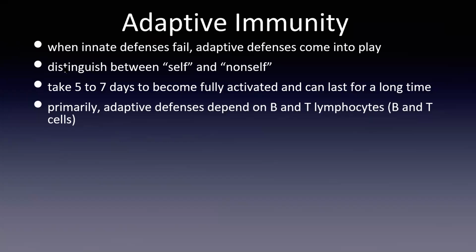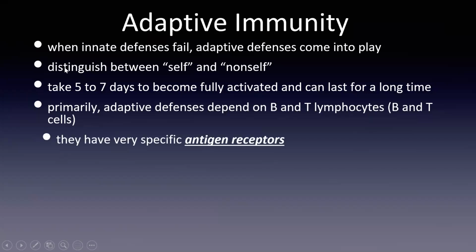So with adaptive immunity, there are very specific antigen receptors. If you remember what an antigen is, we talked about it last class, or you might remember it from the cardiovascular system. An antigen is a marker on the surface of a cell, or a bacterial cell, or a virus, or an allergen. But these receptors are on cells, on B and T cells in your body. So they will have receptors that can bind onto those markers that are on viruses or bacterial cells.